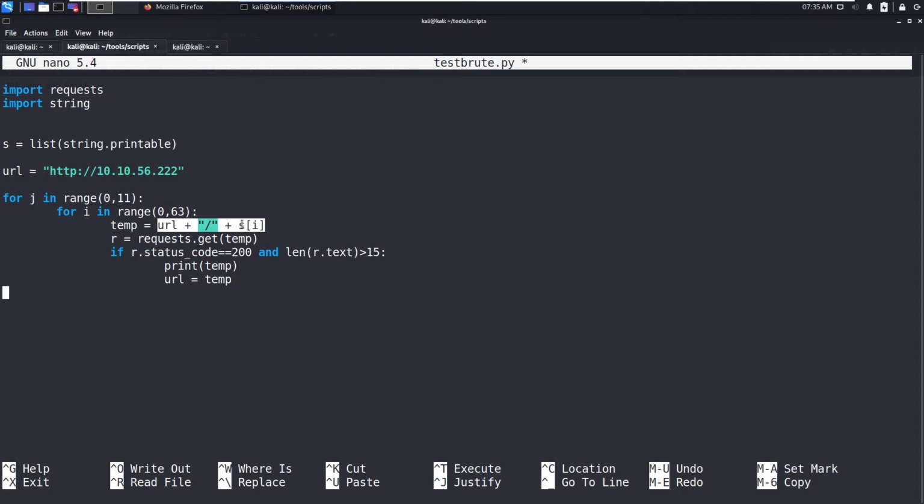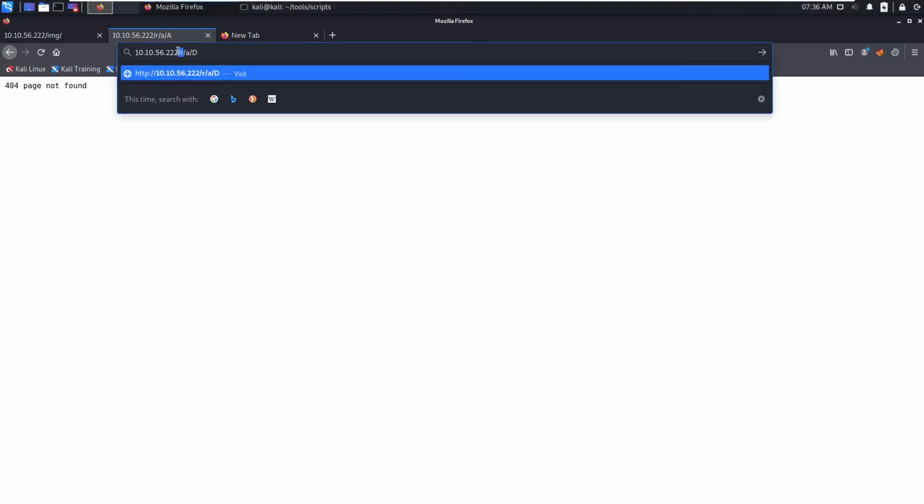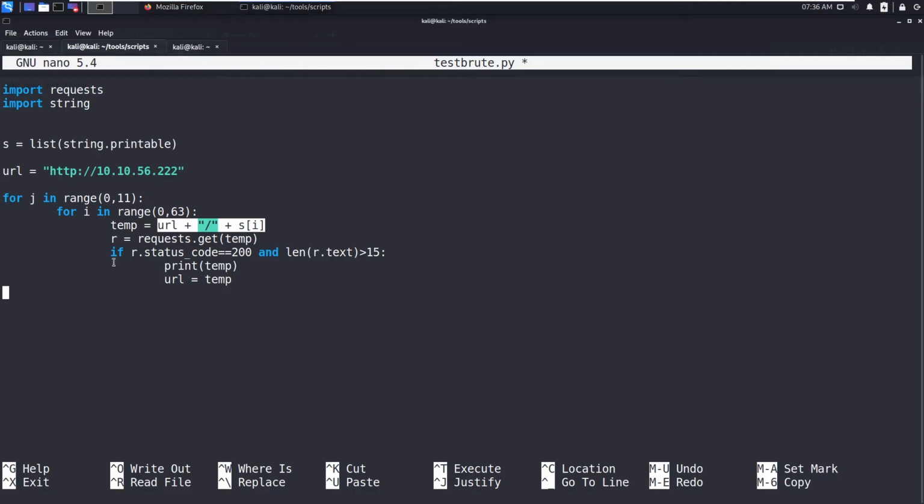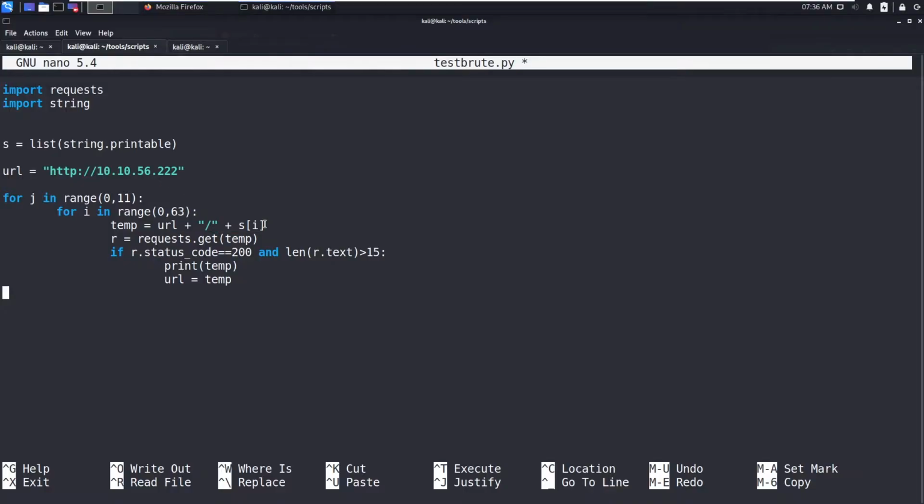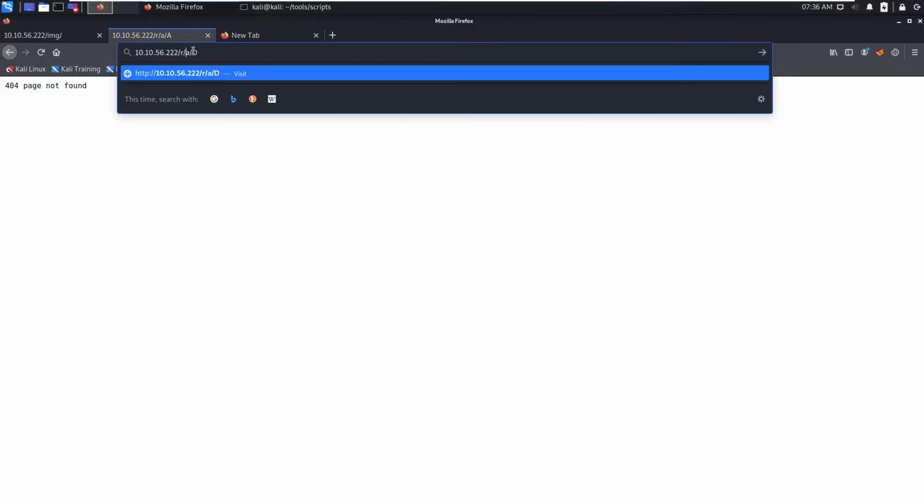After the first iteration we got small r as a success, and then it will take this one as the new URL and put the slash and the next character. After this, if you found the correct position like slash r, then we need to exit this, and then we can check for the second directory.